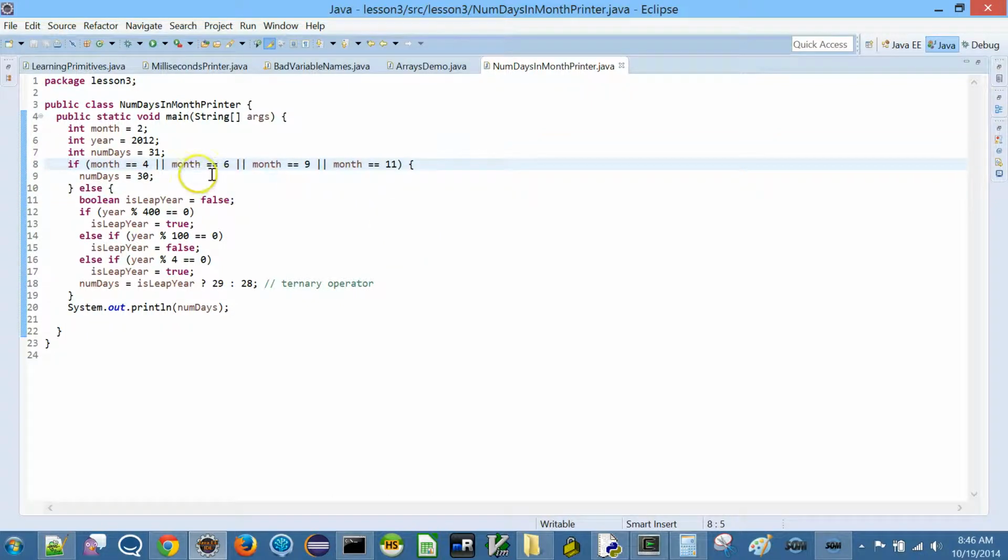Now what happens if month is anything that is not in 4, 6, 9, 11, then it's going to come here. But here I can use an else if, right? Else if month equal to 2, which is basically February, then we know that we have to do this complex computation, right? We have to check all this, and then we have to decide the number of days. But if month is going to be 1, right, so it comes here, it has to check fewer conditions, right?